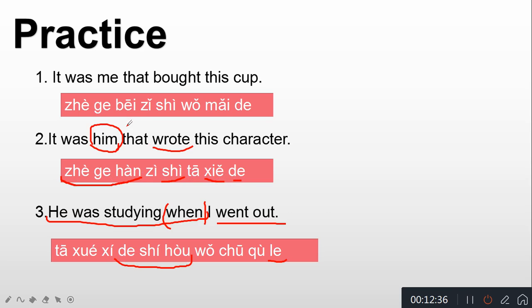Okay, and now the practice 1. It was me that bought this cup. This cup, 杯子, and this cup 这个杯子. Bought, which is to buy something, buy, which is 买. Okay, so now we see the verb is bought, which is buy. So we need to find the agent of this action, and that is me, which is 我. So this sentence we can say 这个杯子是我买的，是我买的。It is who that is being emphasized, and who here is 我。